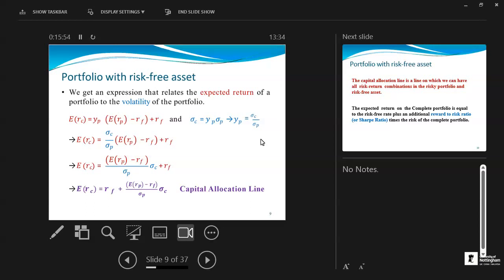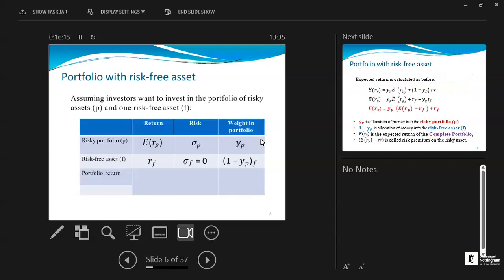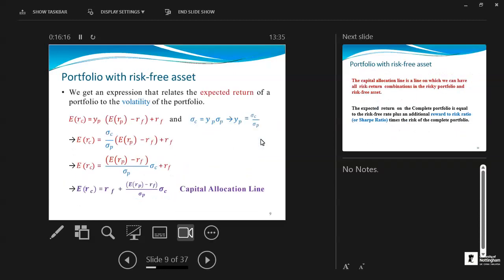So we get an expression that relates the expected return of a portfolio to the risk of the portfolio, right? The first equation is the expected return of the complete portfolio, which I just showed you right here. The second term is the risk of the complete portfolio, right? So from here